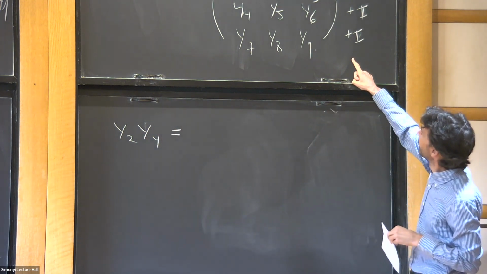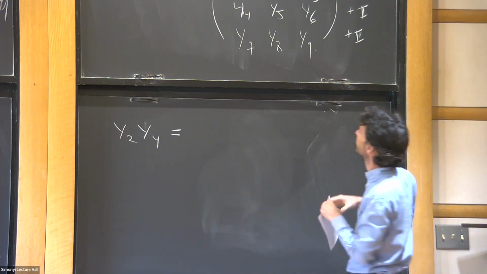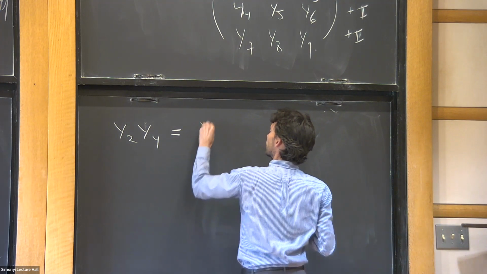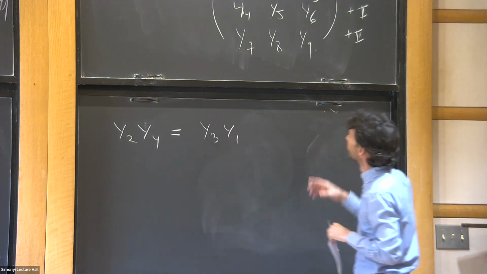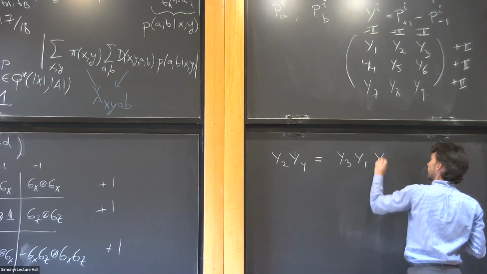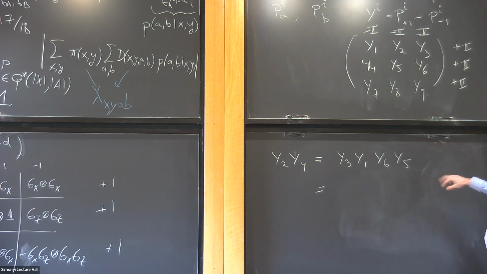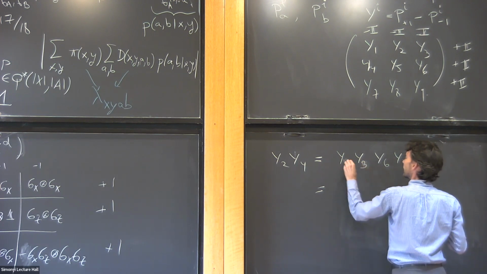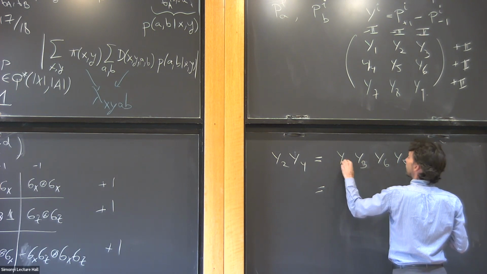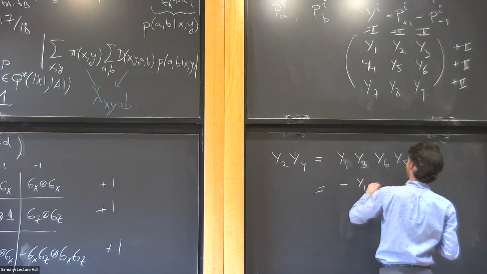Now y2, I can use the product relation of the first row to say that it's equal to y3 times y1. So I'll write it this way, y3 times y1, and y4 similarly is equal to y6 times y5. Now, did I mess it up? I did mess it up, so I wanted to phrase it this way. y3 times y6, this is minus y9. So I would get minus y1, y9,